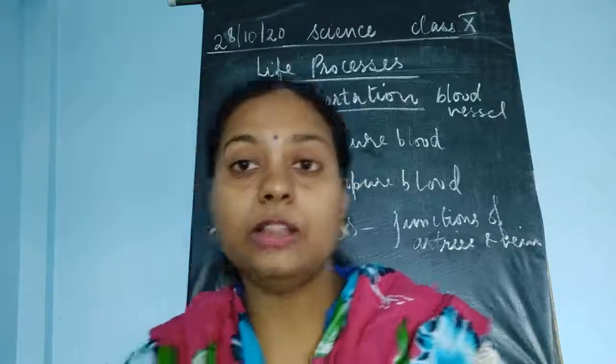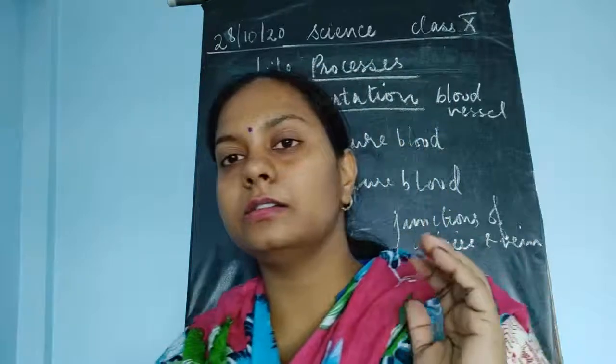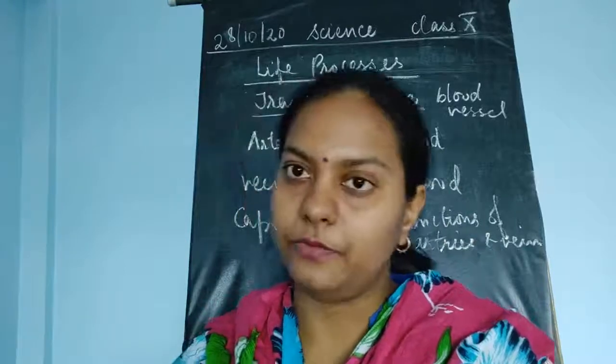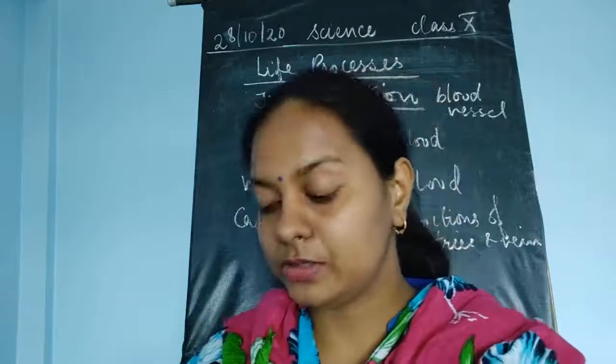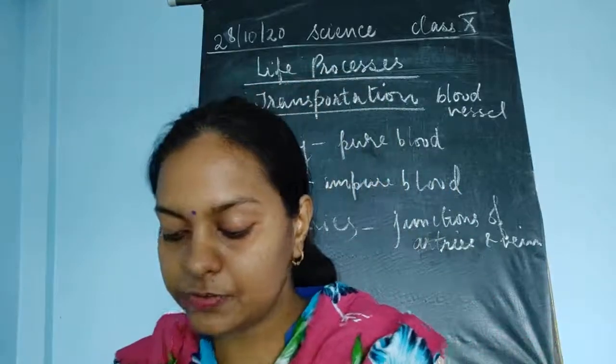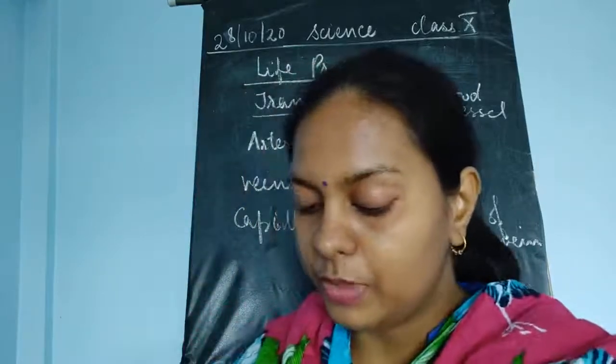Now how does the blood carry all these things? They are carried because of the blood vessels, and these blood vessels are responsible for taking away these products, which are useful and also those which are harmful. Both of them are carried dissolved in the blood. The blood vessels of the circulatory system are present in each and every part of the human body, due to which the blood reaches all parts of the body.